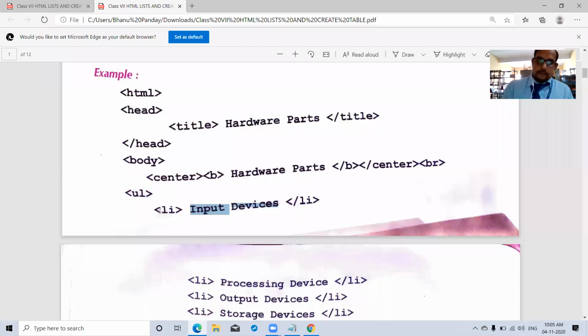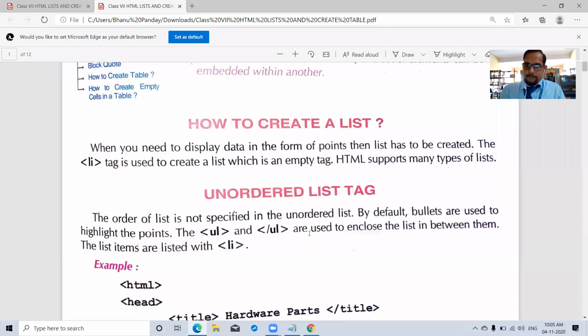Now look, li is opened, li is closed. That means it is a part of a container tag, or you can say it is a part of a pair tag. But in the definition in your book, see what is written: the li tag is used to create a list which is an empty tag.